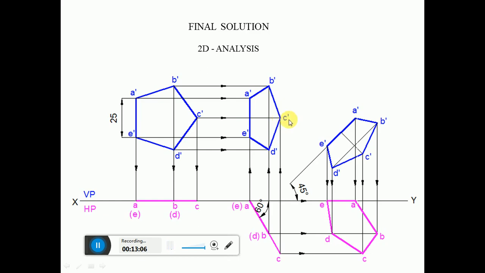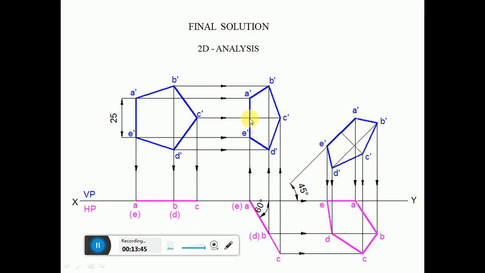Then, first we are going to consider the midpoint of A dash E dash. From E dash you measure the distance with respect to this point by using the compass, and from E dash you cut an arc on this line A dash E dash, so you are going to get this point. From here you draw a perpendicular to this inclined line A dash E dash by using the protractor. You align the protractor with A dash E dash and then on the midpoint. From here you measure an angle of 90 degrees and then draw a perpendicular to A dash E dash.